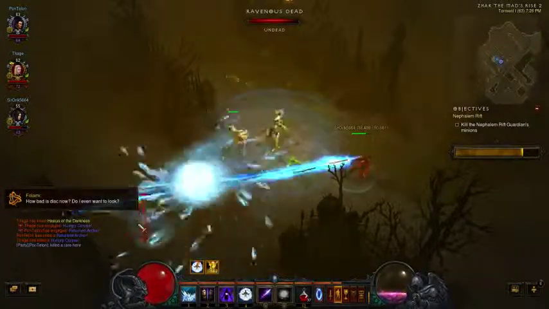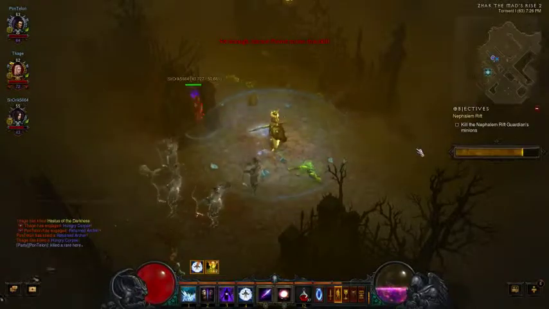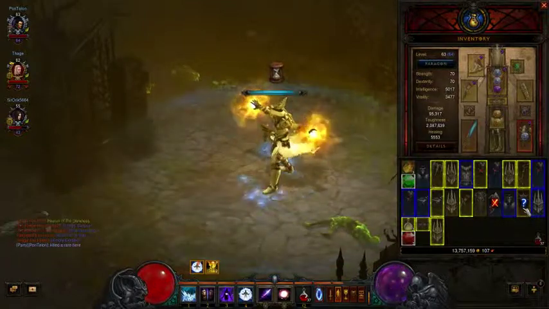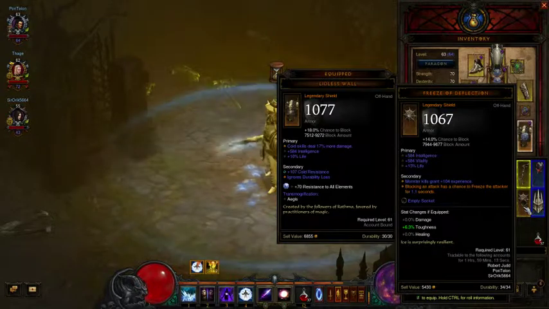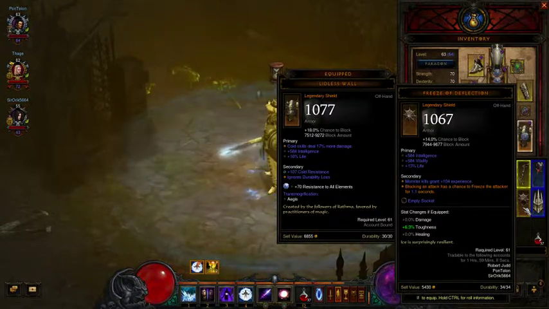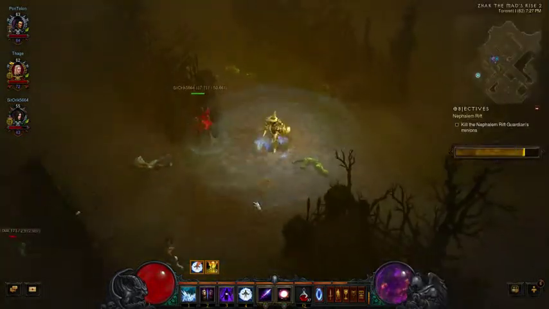I should probably go to my inventory. Identify the shield. I'll let them fight it out while I do this. Blocking attack has a chance to freeze the attacker for 1.1 seconds. Gain life on monster kills gave it more XP. I would lose 17% of my cold damage for a 6% increase in toughness. Does have a nice ability, but